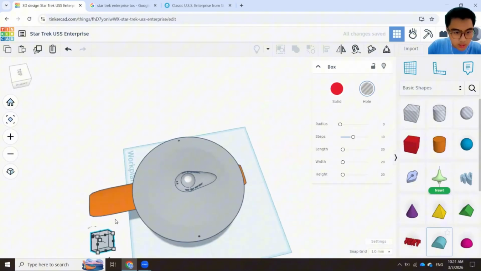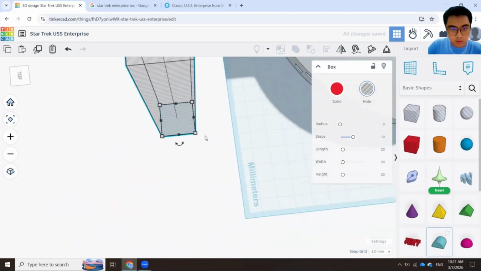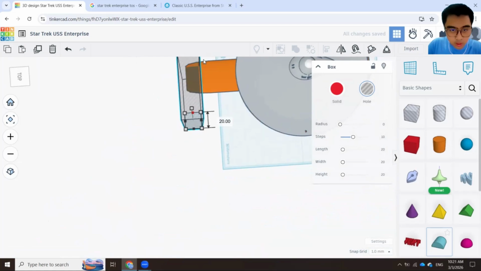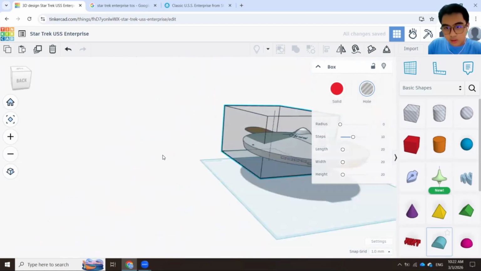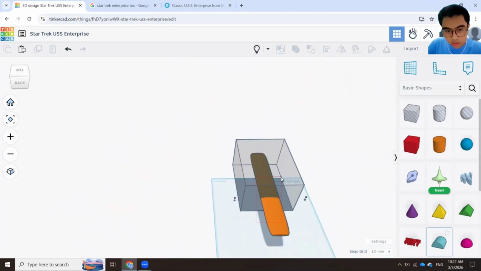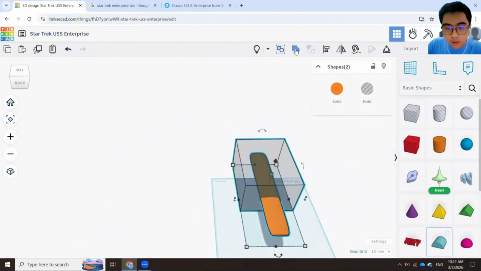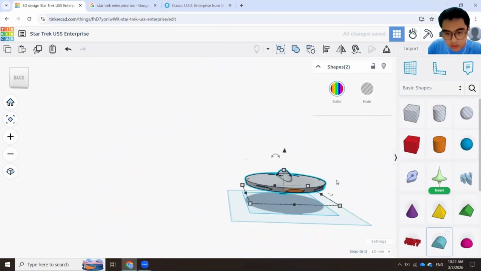Drag this here, on top there. Move this one inwards, move it inside. Okay, make this whole sausage disappear and combine that one. Okay, combine them. Okay, nice.